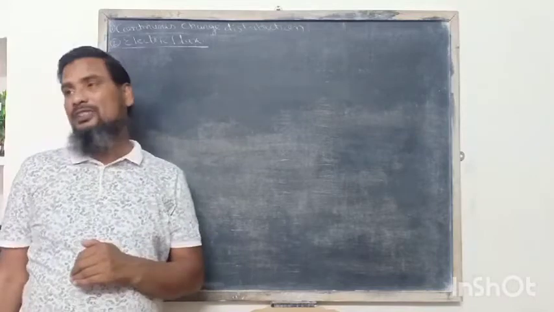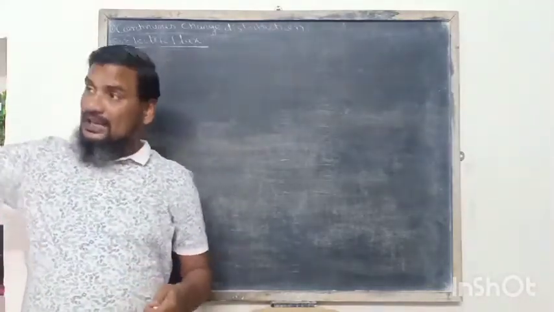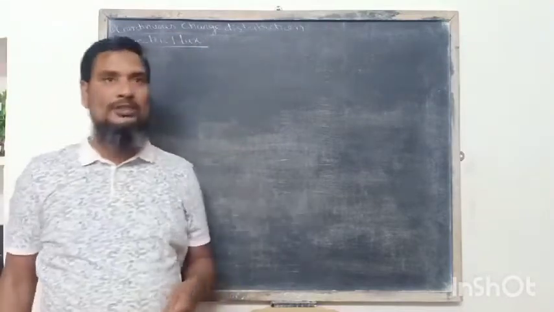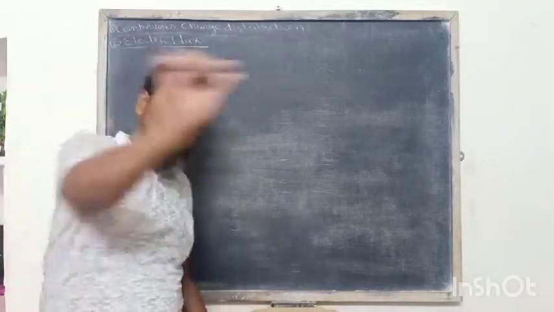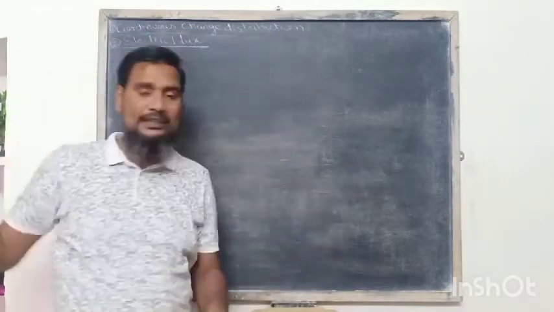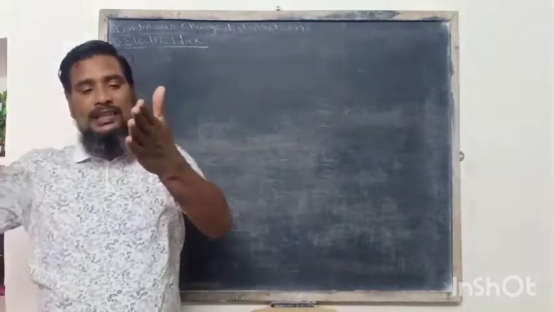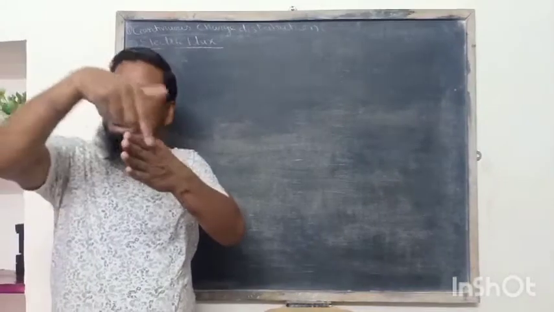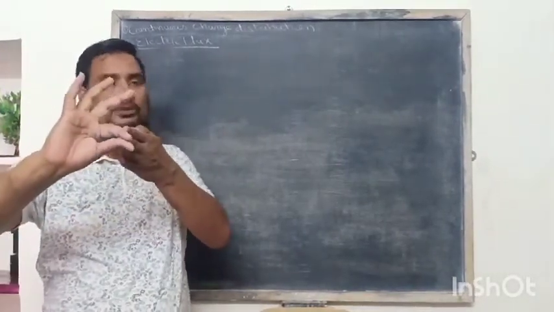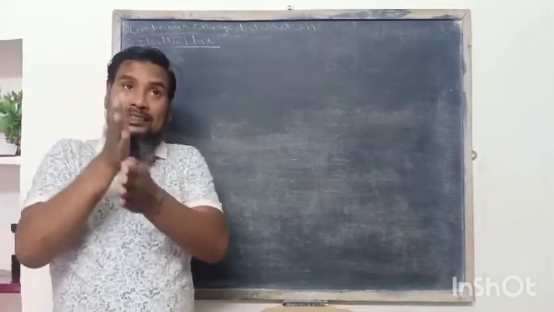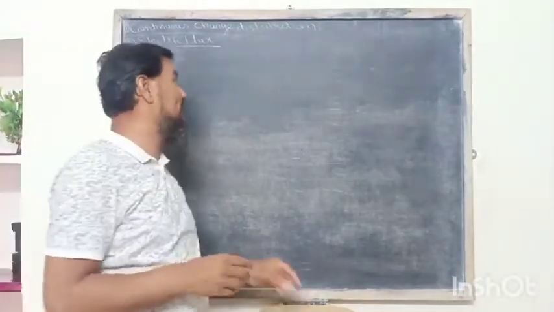Because when we put a surface area in an electric field, that means the electric field contains electric line of forces. Just like that, there is an electric field, so electric line of forces are moving from this to this. And if we put a surface area like my palm, then some electric line of forces must pass through this palm, and this number of electric line of forces is called the electric flux corresponding to this palm.